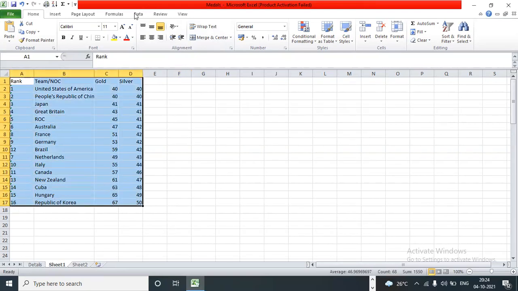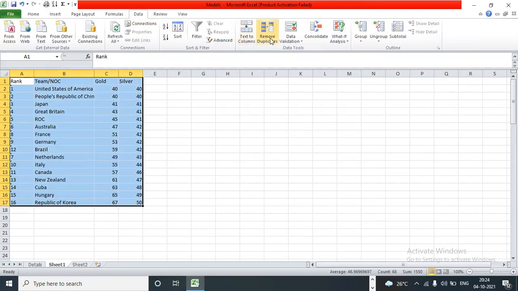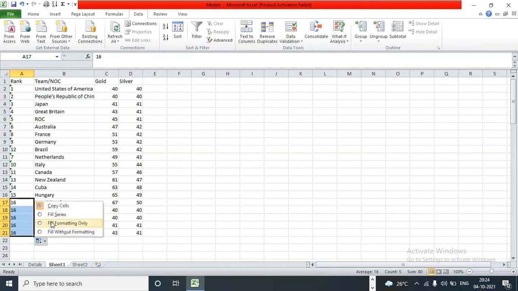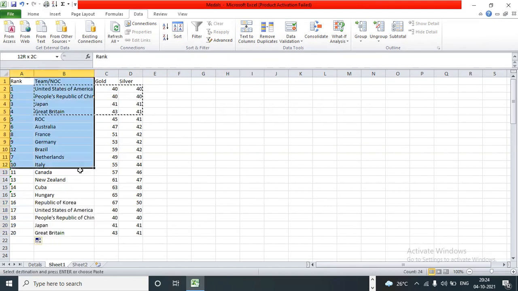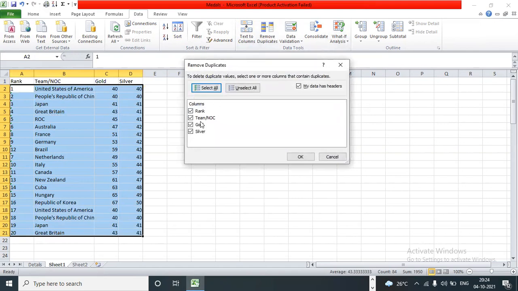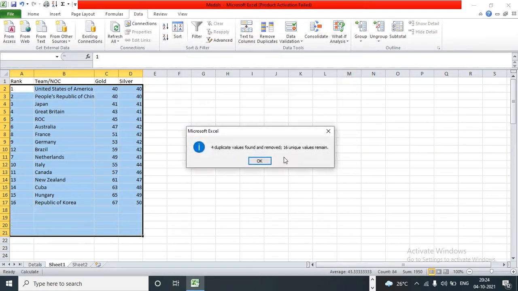So now let me show one or two other examples in data. What all things we can do? Just go to data. If you click on remove duplicates, whatever duplicates are present over here will be deleted. I'll show it to you. Just let me copy the same data and paste it over here. Now let me select the data and click on remove duplicates. So now it will ask which one I need to remove. Let me uncheck everything. I'll go with team.